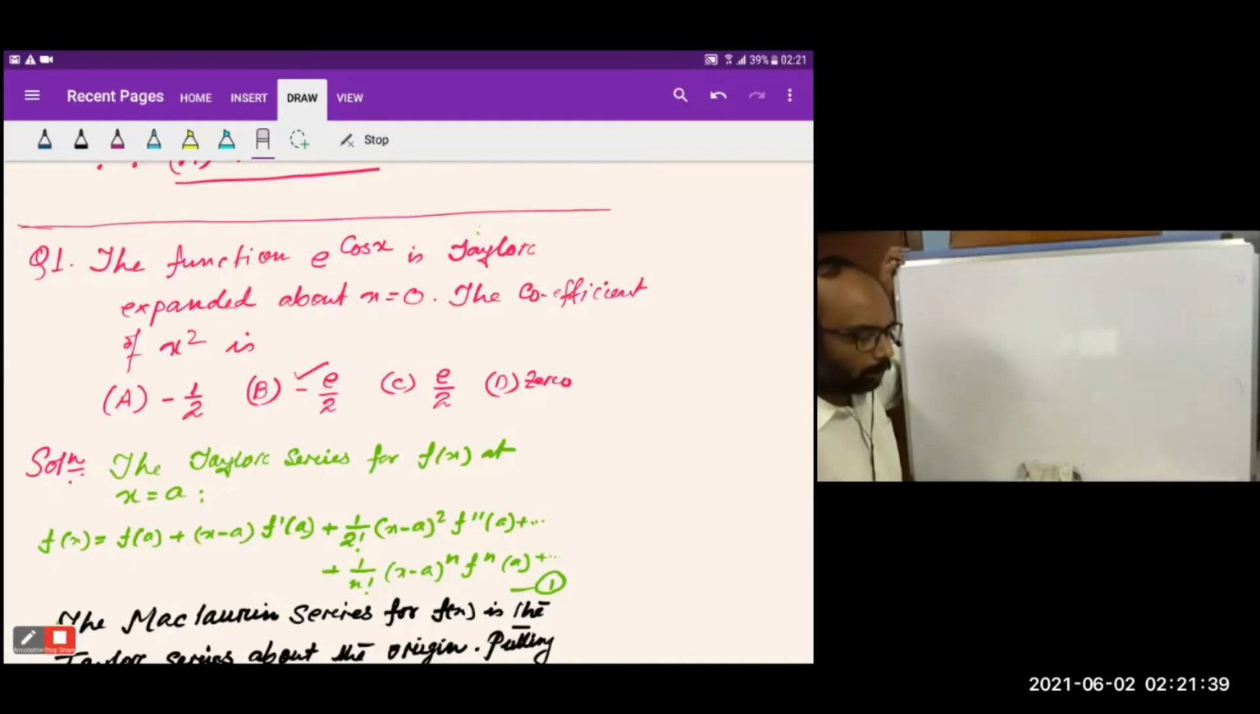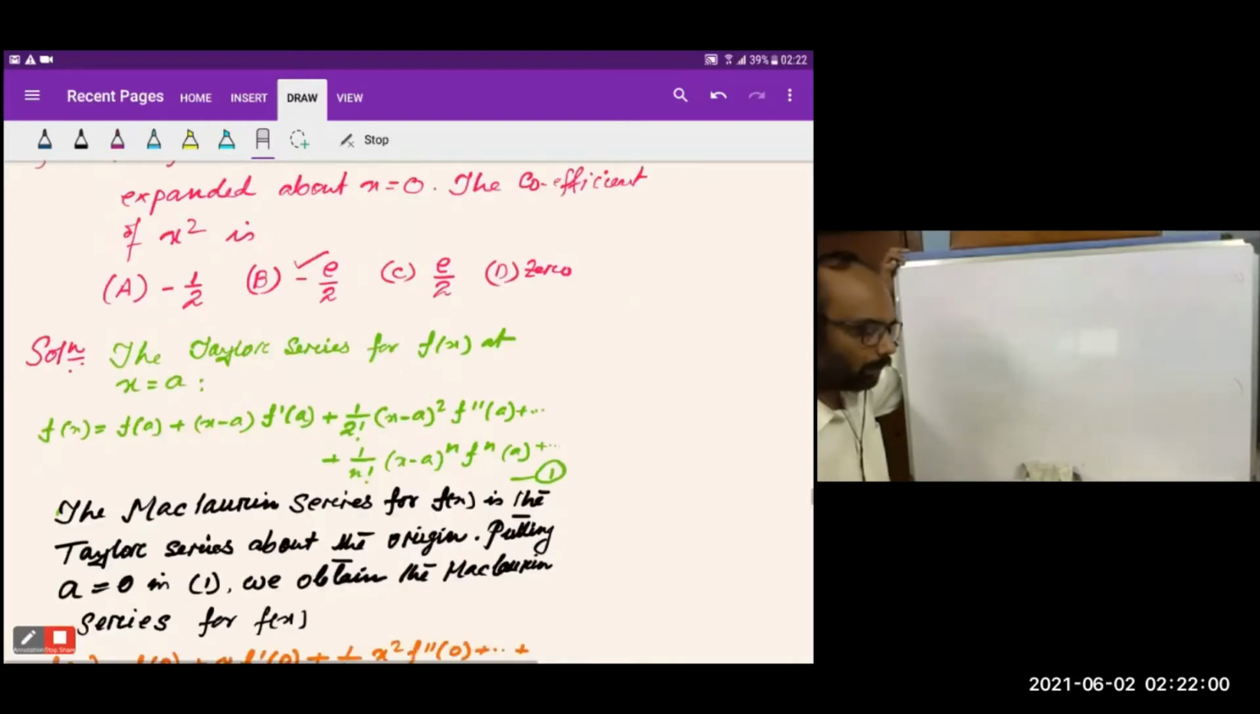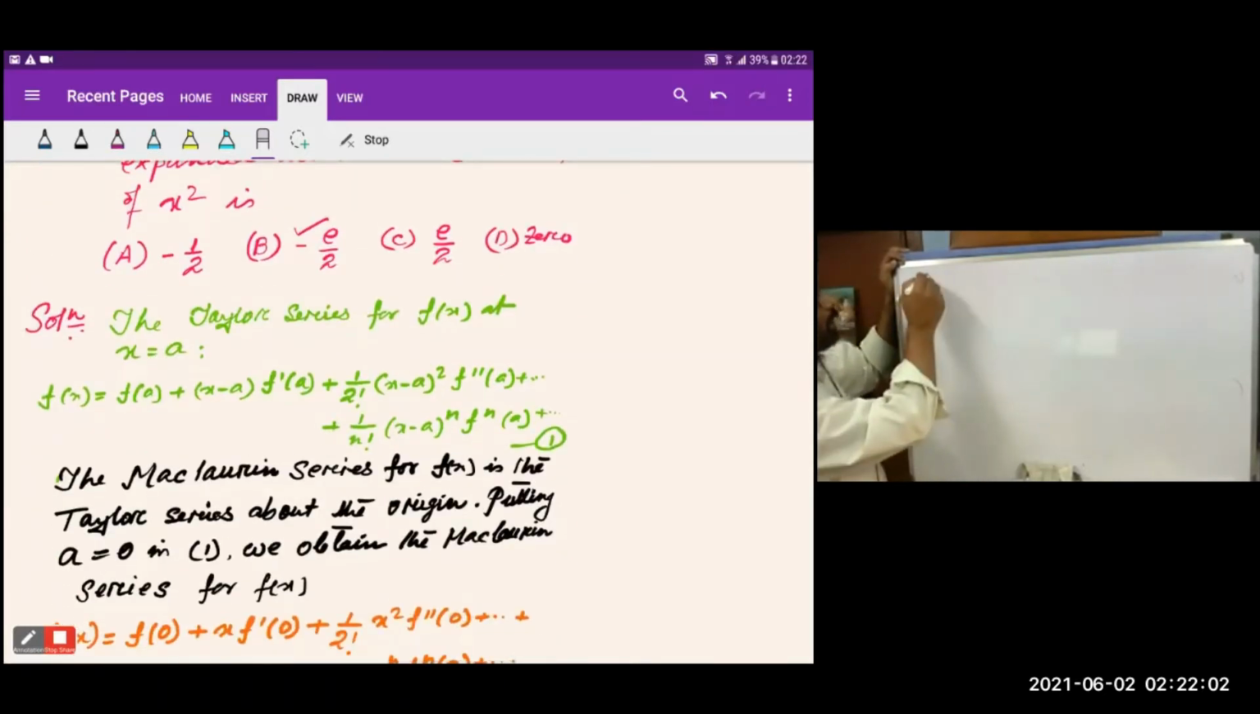So let's solve the next problem, question number 1. It says the function e to the power cos x is Taylor expanded about x equal to 0. The coefficient of x square is, 4 options are given, and which one is the correct one. So the Taylor series